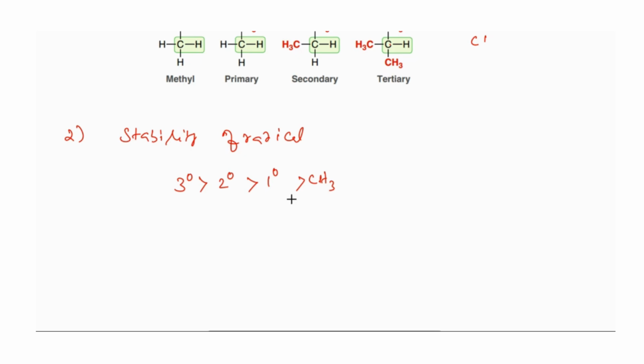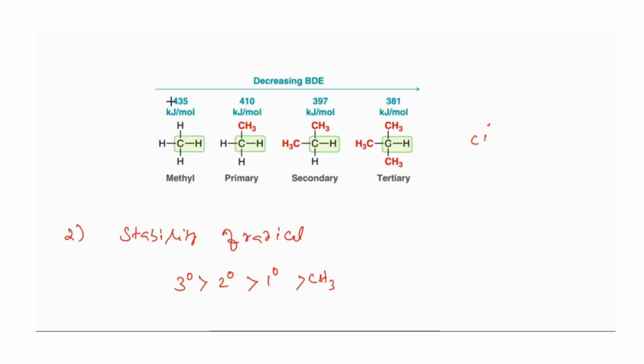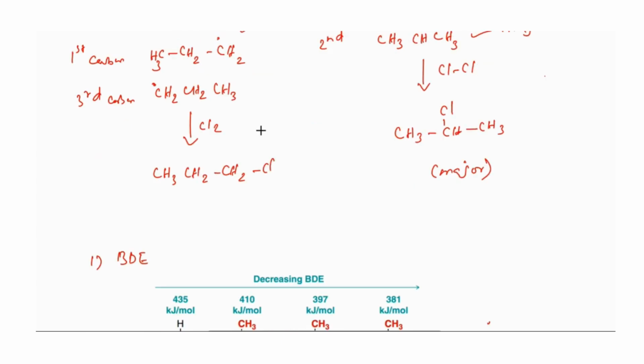These are the two reasons: one is the stability of radicals and the other is bond dissociation energy. This is the energy, the bond dissociation energy. There the secondary hydrogen requires less than the primary, because here we are talking about propane. Okay,